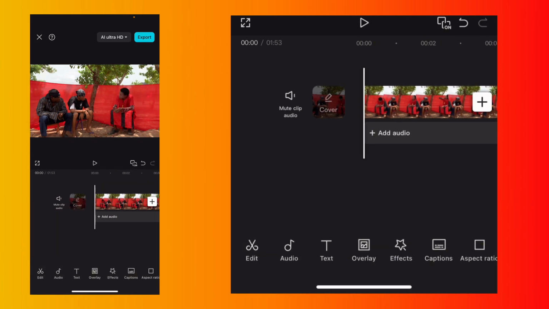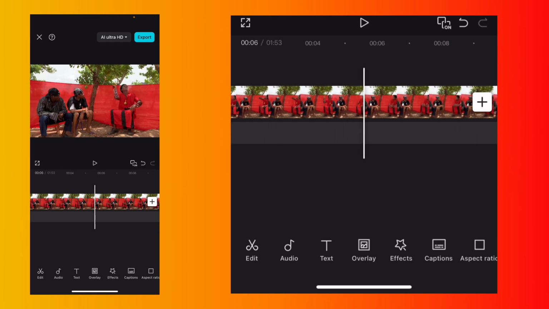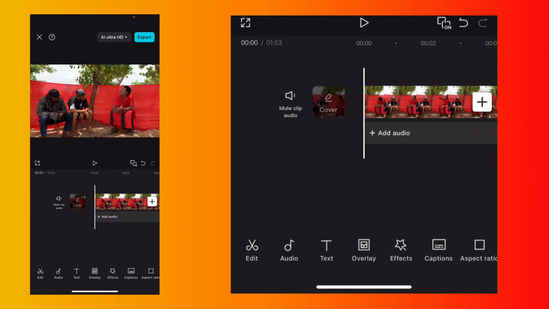If you want cut, it is the same as split. You understand? They work hand in hand. So I don't think there's anything more attached to it. So once you're done with cutting and splitting, you can go ahead and do other editing. So that is how to do basic editing on